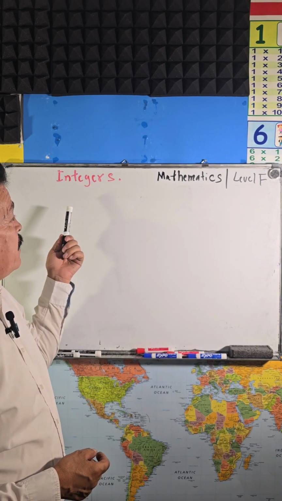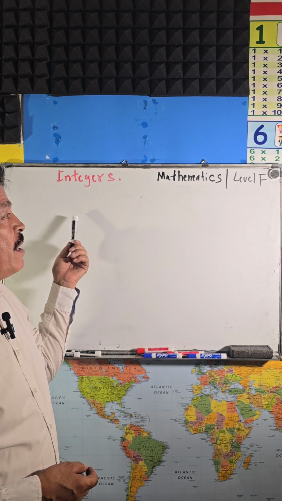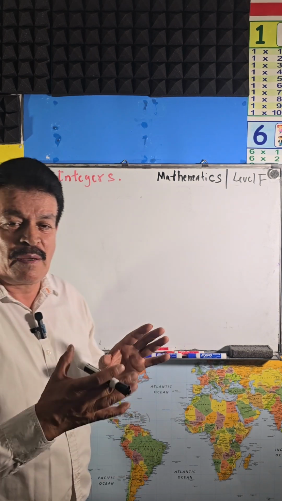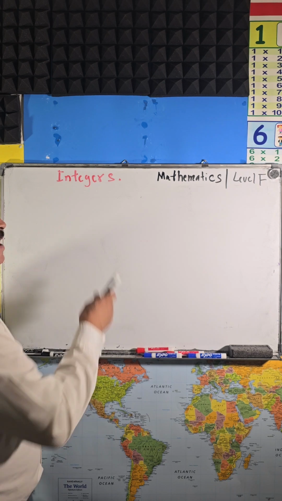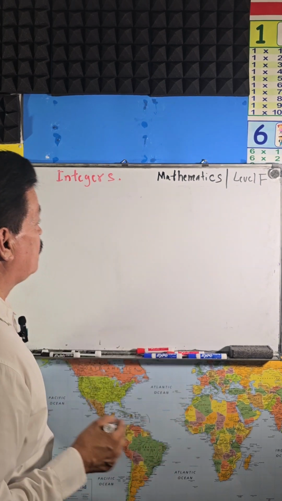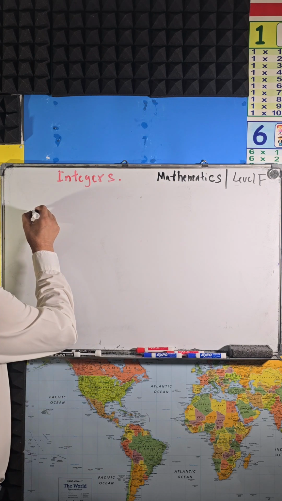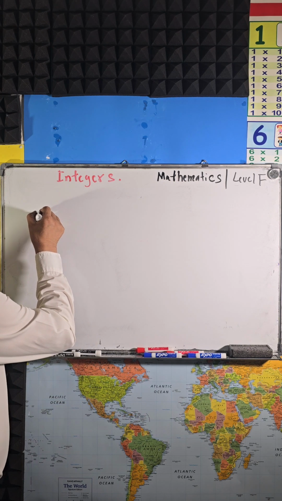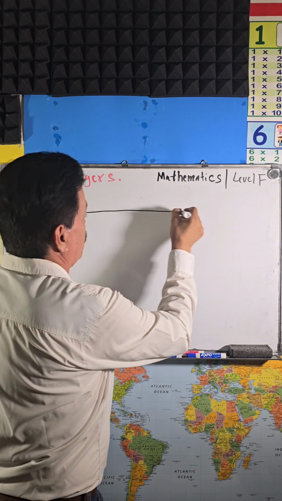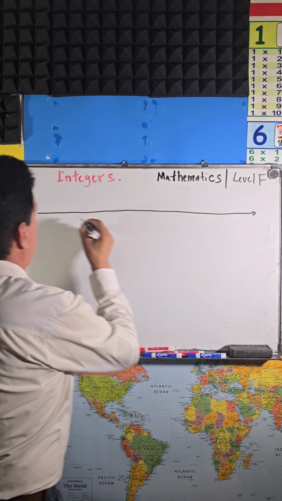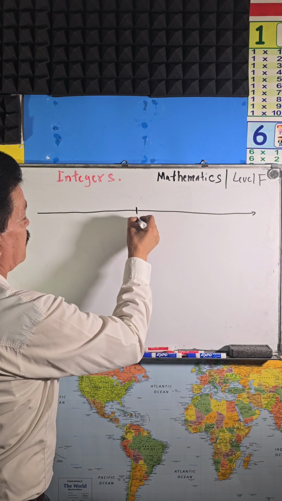Today I will talk about integers. We are going to solve some problems, make some operations using integers. For this, we have to draw the number line. So let's write the number line, right? First, and then we have to divide, and then by